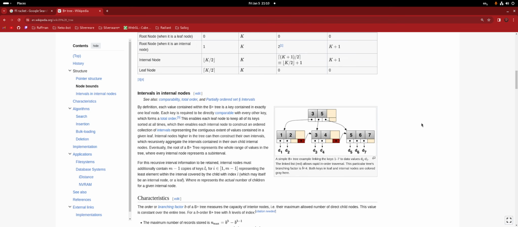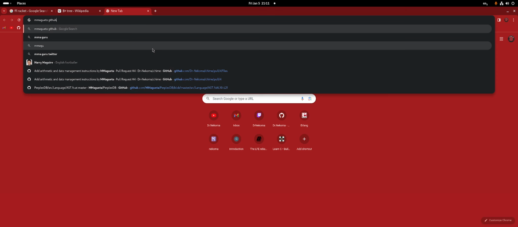Okay, I think I should maybe give an overview of the entire process before we start diving into this. That would be very helpful. Okay, so can you go to my code on GitHub? I don't know if you can send me the link, please. I don't have it here. Just search my name on GitHub.